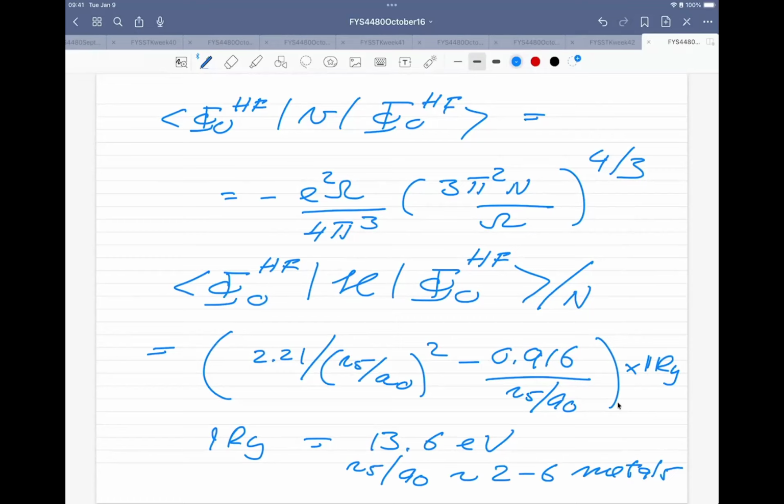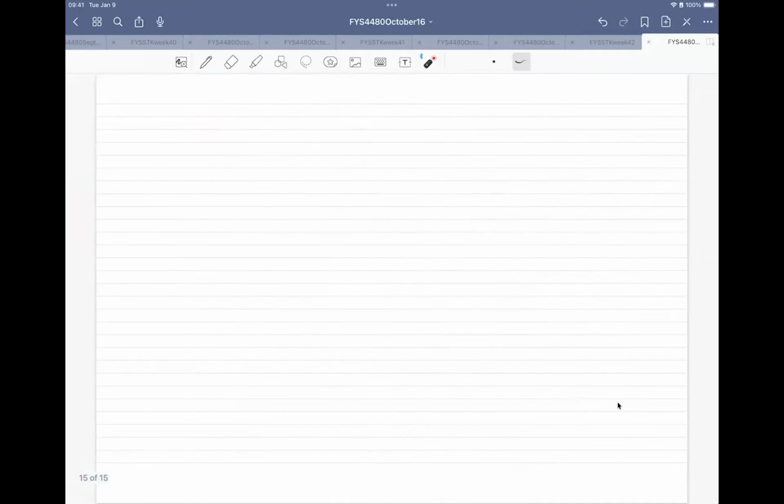So if you now look at the expression again, if you look at the interaction term, you can actually see that this is something which we can write in terms of a density. So if you look at this term here, this is nothing but the density of the system. So if we now take the expression for the interaction and divide by the number of particles, so if we look at this term, the interaction term